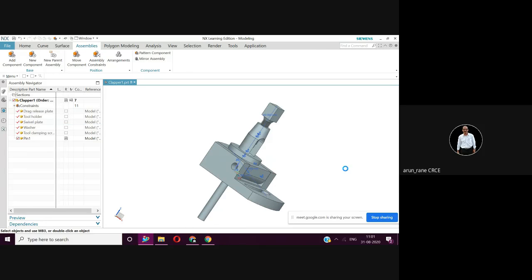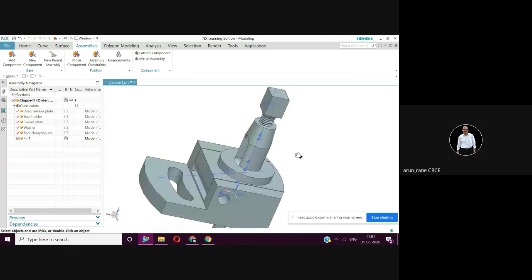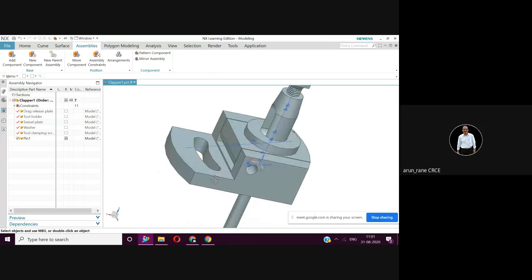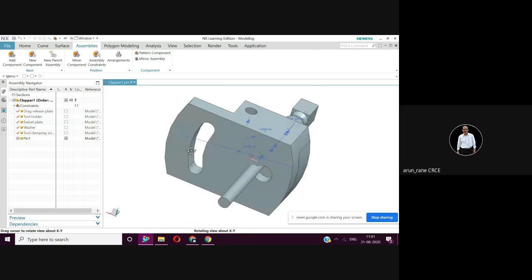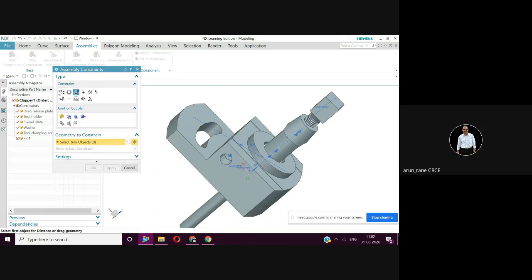Alright. So we will align the axis of the pin. Now zoom in, rotate it. Now go to assembly constraints. Select align lock. Select two objects.